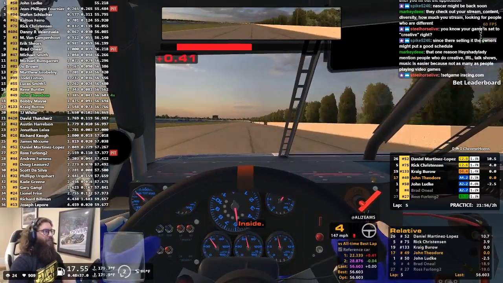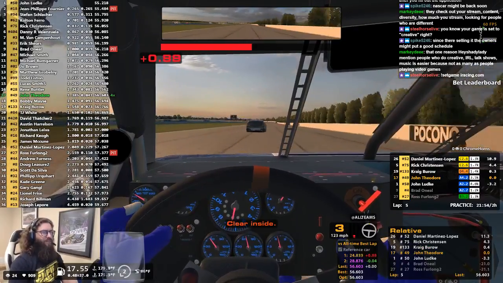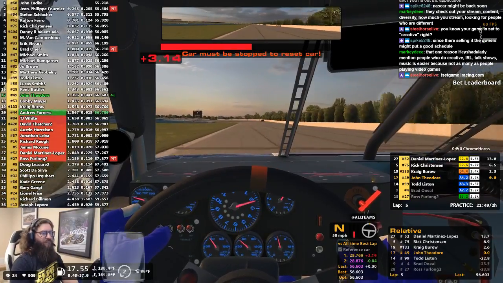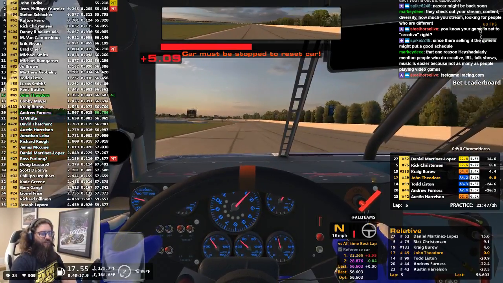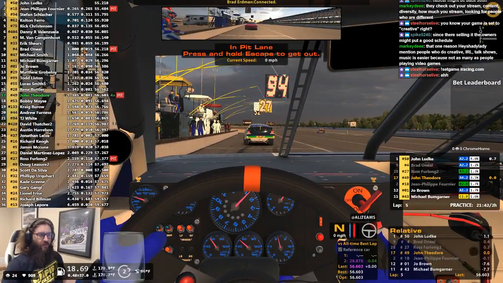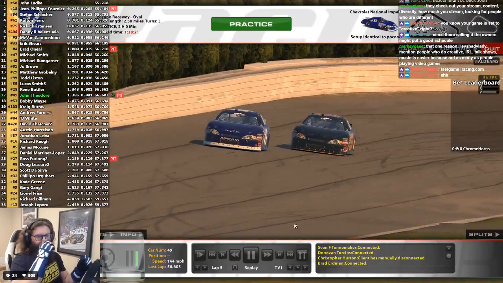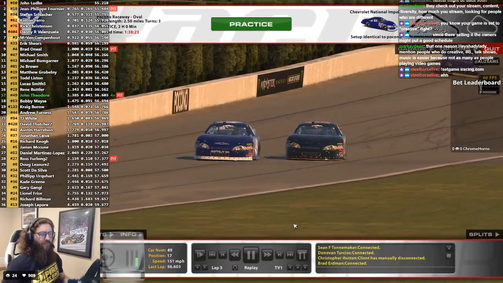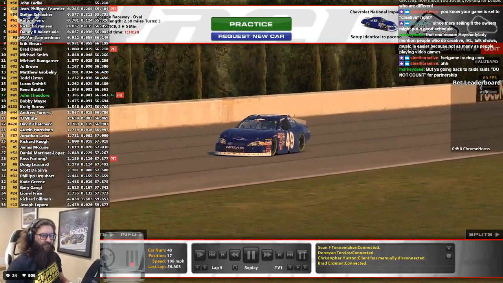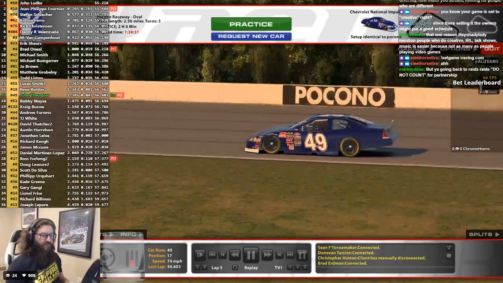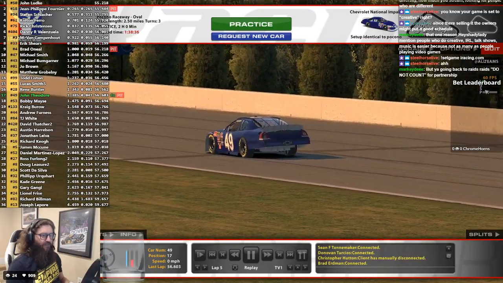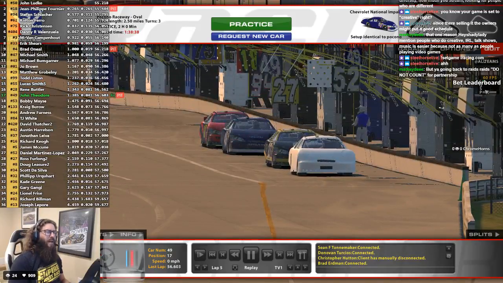Inside. Clear inside. Okay. Whew. So raids do not count for partnership. What do you mean by that? Do they